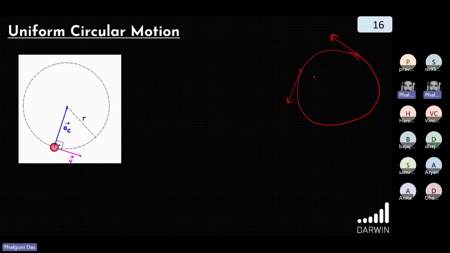At every point, the velocity vector points in the tangential direction, and because of that, there is acceleration. We have proved this fact when we studied motion in a plane. We did an example long before, a particle moving in a circular path, and we have shown in both unit vector notation as well as vectorial notation that there is an acceleration